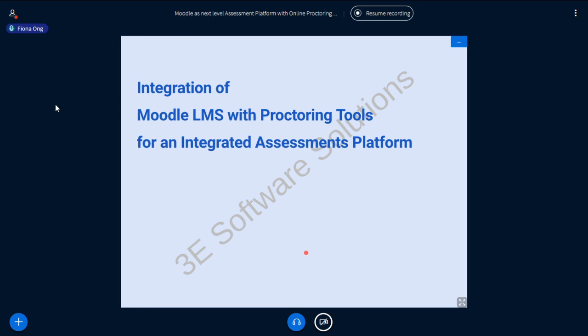Just another reminder before we get started that we have Martin's session as the last presentation for today. That will be an interactive session whereby we get feedback from you about some of the features and functionalities that you would like to see in future releases of Moodle. So please stay around if you can. That session is due to start at 12:05 local India time. So again, 12:05 till 12:40 local India time. That's for the final closing session with Martin.